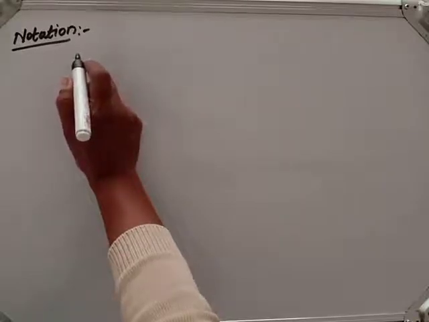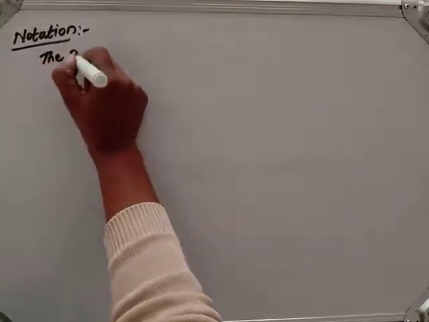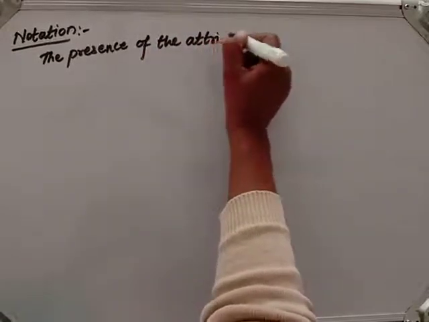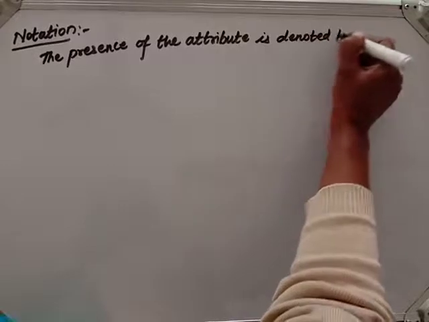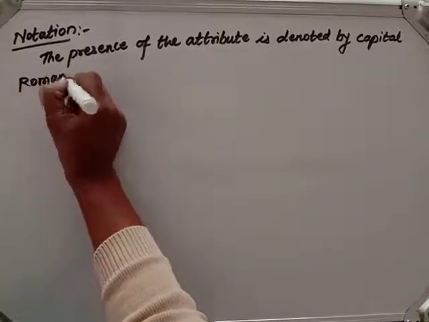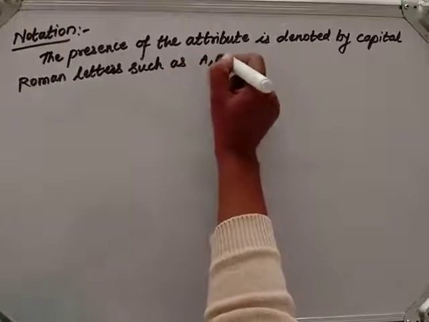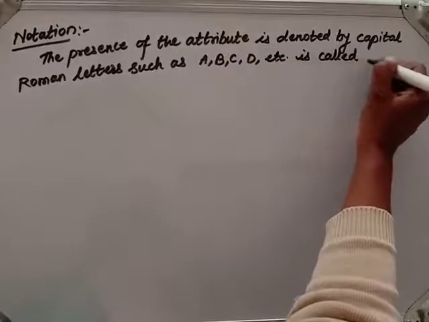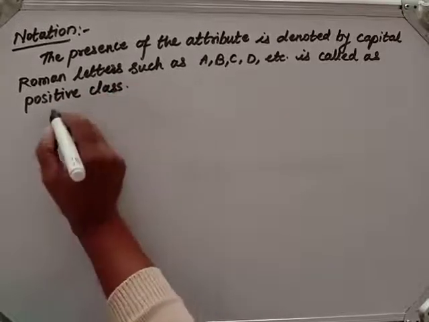and absence of a single attribute. Then the presence of the attribute is denoted by capital Roman letters such as A, B, C, D, etc. and is called the positive class. While the absence